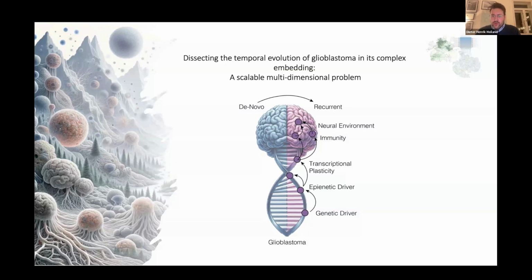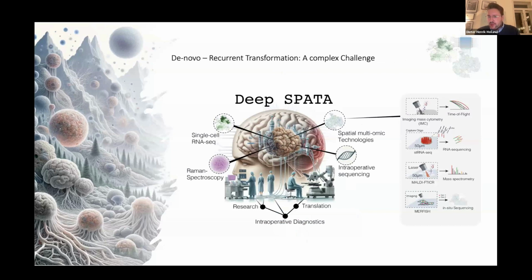To tackle this multidimensional problem, we designed a framework that we called Deep Sparta, containing multiple different deep learning architectures in which we are now able to integrate multiple data types, such as single cell sequencing data or especially spatial multiomic technologies. This is just an overview of the spatial technologies that we're using. For proteomics, imaging mass spectrometry, then the Visium-based, so the array-based spatial transcriptomics approaches, along with metabolomics or